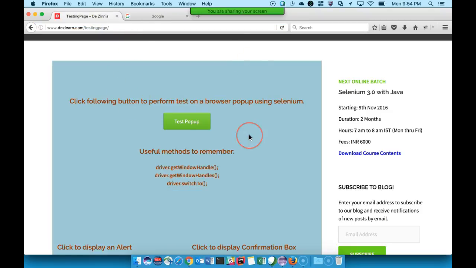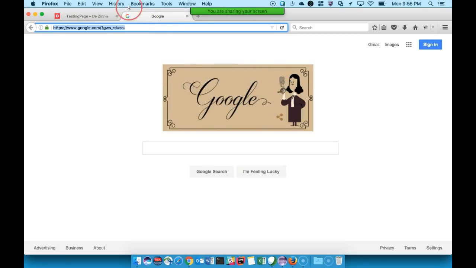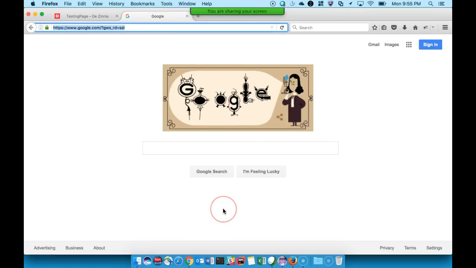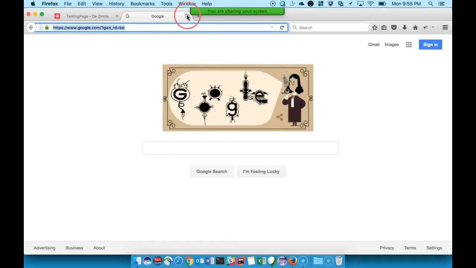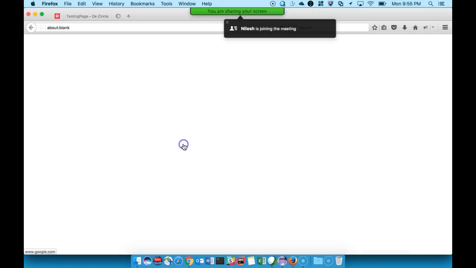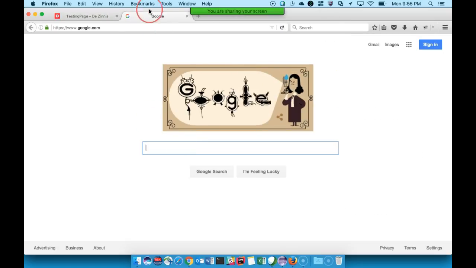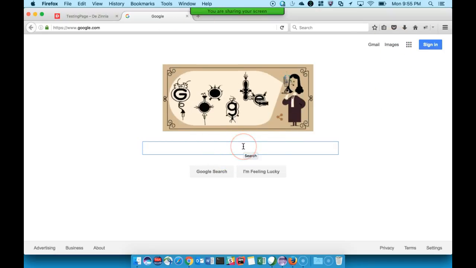So the thing is, we are working on the application. When we click on a button or do some process, it opens up another browser window, maybe in a new tab or maybe in an all new browser. Doesn't matter, the way of handling both of them is the same. So how are we going to do that, we will see in this session. I have a testing page I have created for the Designia website. Over here there is a button, and when we click on the button, it opens up a new browser window in a new tab, and we want to do some process on the new tab.